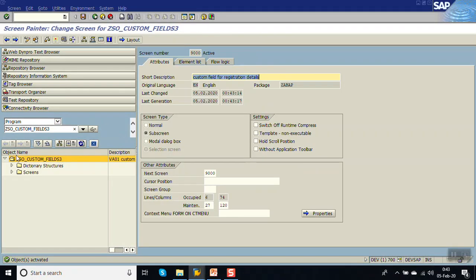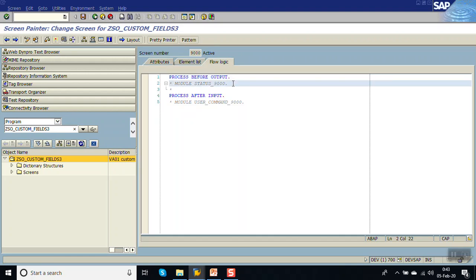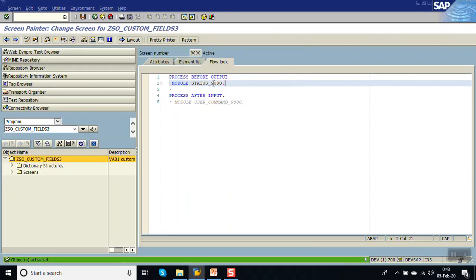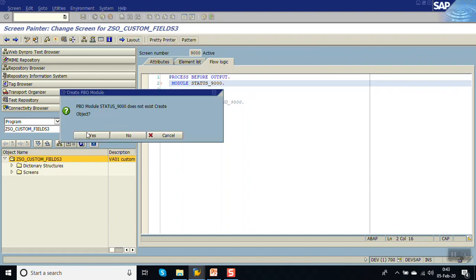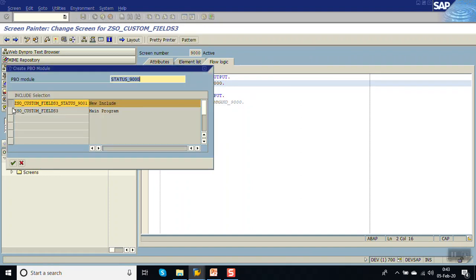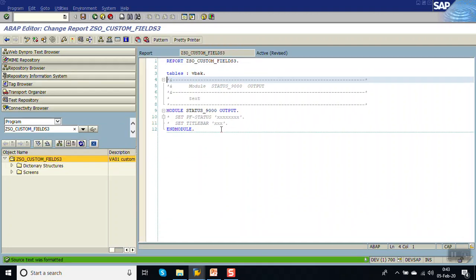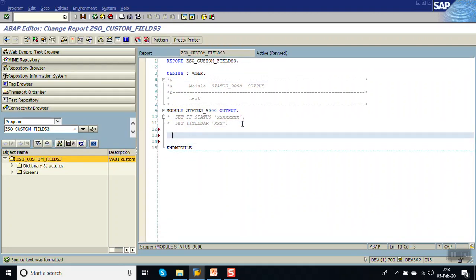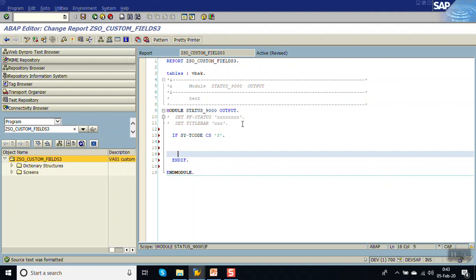Now what we want, in case of transaction called VS03, we want all the fields should be in disable mode, right? For that create this module in same program. Here what we'll do, if sy-ucomm contains string 3, if the t-code is VS03 or contains string 3, then